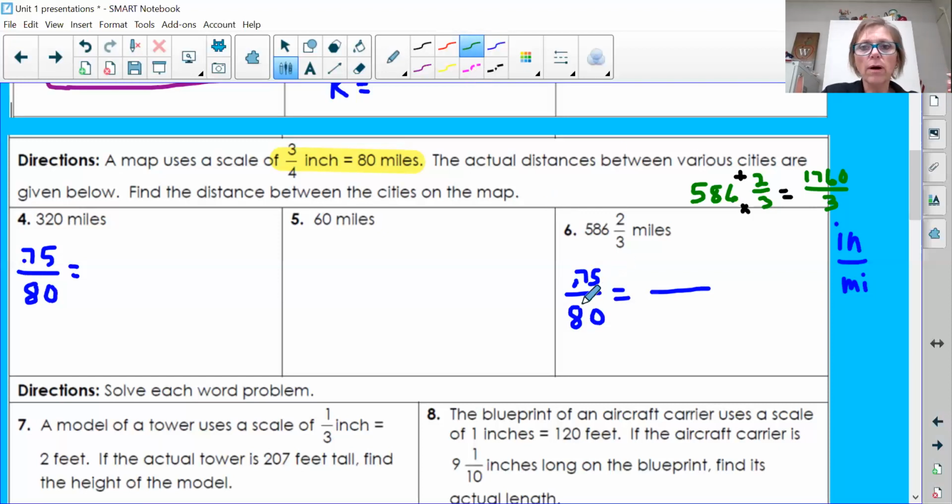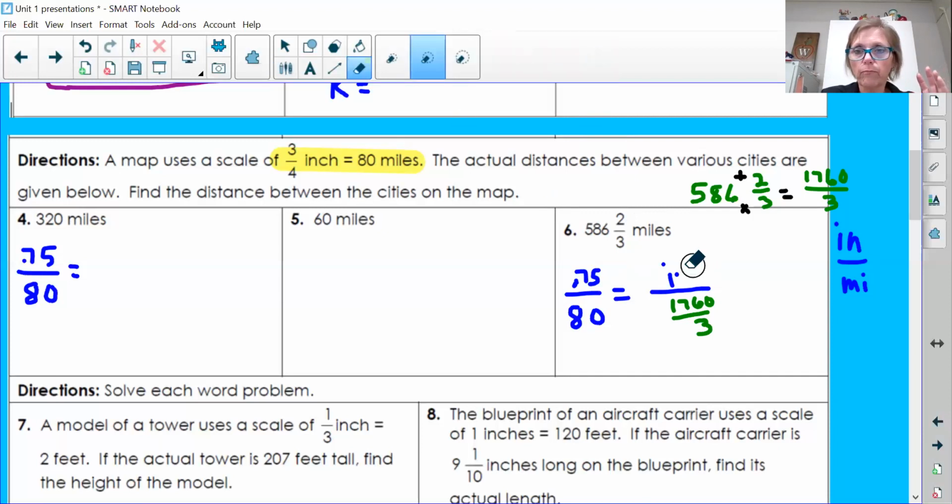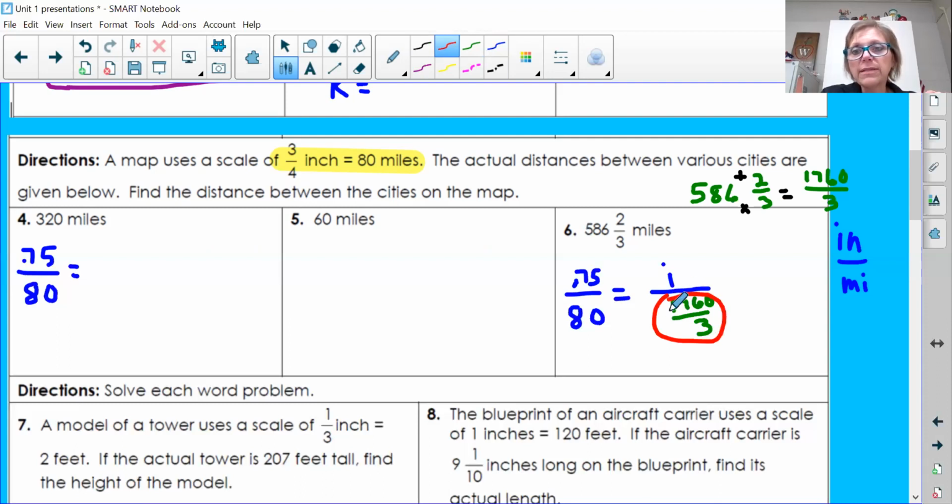Okay, these are the bottom because I have miles here. So I'm going to put 1760 over 3, and that looks really weird. And we are looking for inches. Oh, hang on, I'm just going to put the I. I is my variable. Okay, now I'm going to also put a circle around it. Hopefully this will trigger your brain to realize this needs to go in first on your calculator. So I equals,